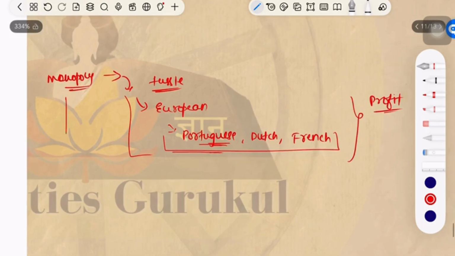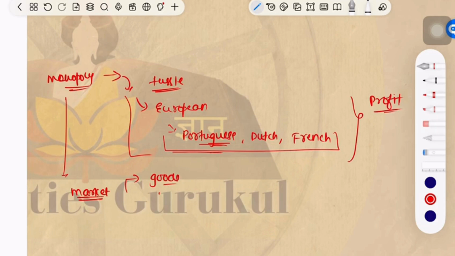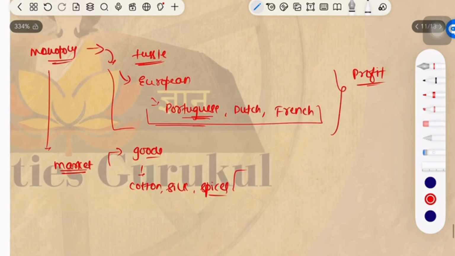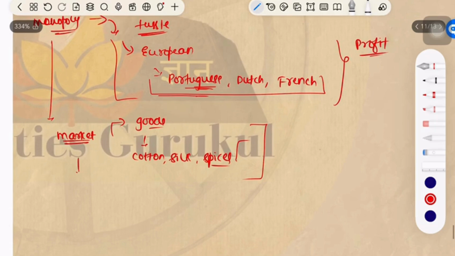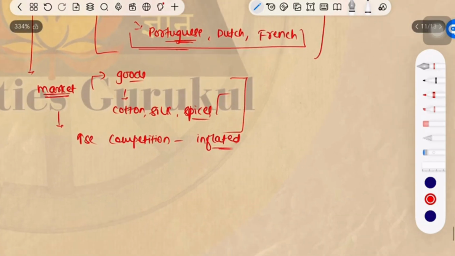And mostly, I told you, it is because of market interest. Market interest, like they just sought goods like cotton, then silk, spices, the most valued items from the eastern part of the globe. So because of this increasing competition, there was inflated price. So because of this, what is happening? Their profit decreased,